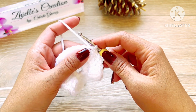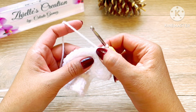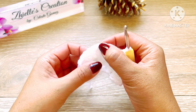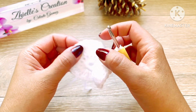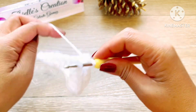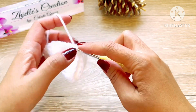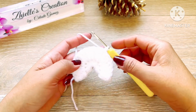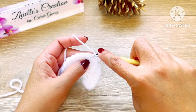And not yet, count 15 stitches. So we're gonna start counting here until we reach the 15 stitches. Then on the next stitch, make a slip stitch. Then on the following 5 stitches, do slip stitches,